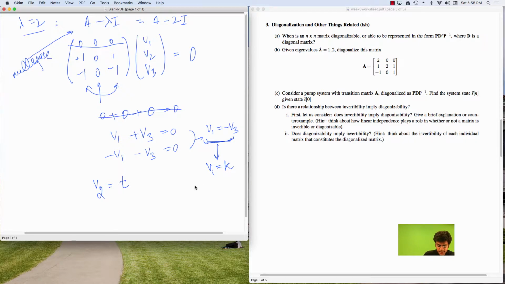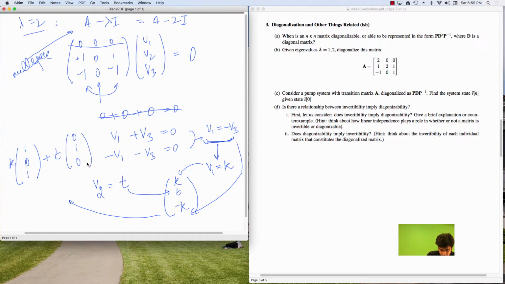Then you have that any eigenvector corresponding to lambda equals 2 for the matrix A is in the null space of this matrix and is of the form (k, t, -k), where the k comes here, the t comes here, and the negative k comes from that equation there. Now, since t and k are independent, this is really a linear combination of two eigenvectors, which is (1, 0, 1) times k plus t times